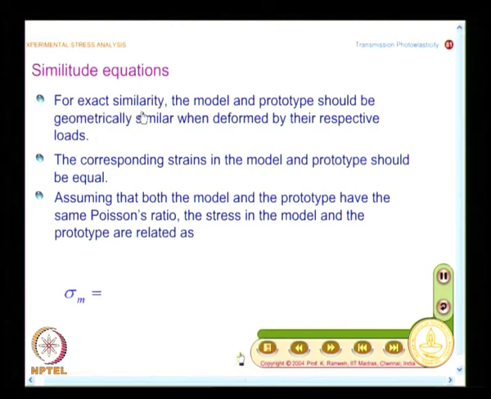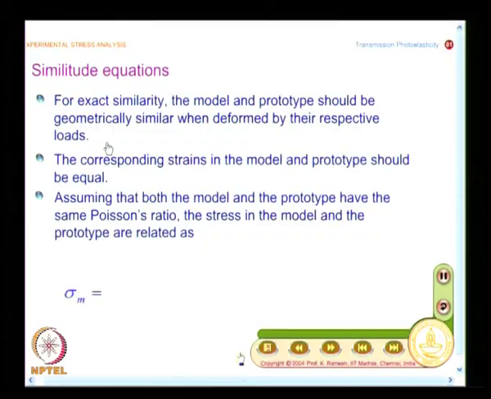For exact similarity, the model and prototype should be geometrically similar when deformed by their respective loads. We have seen that when you are working on in-plane models for 2-dimensional problems, the stresses are not altered when I go from plastic to metallic prototype. On the other hand, the displacement and strains are dictated by the material property. For the same load, a plastic will deform more, and what we look in similitude equation is you do not